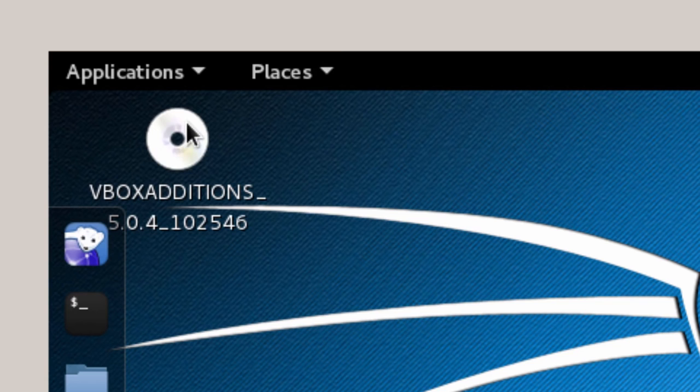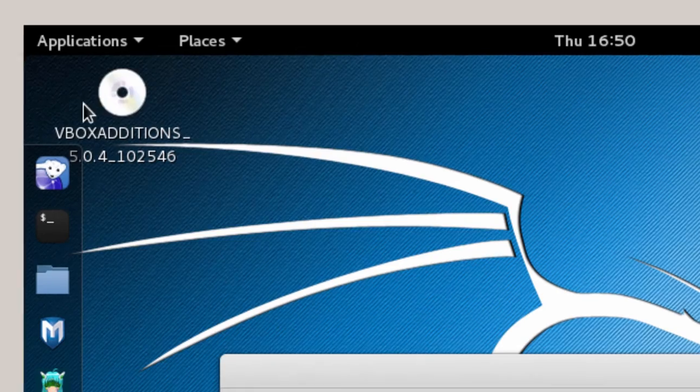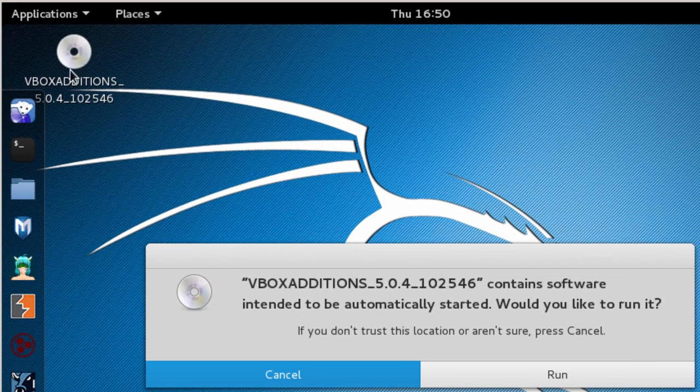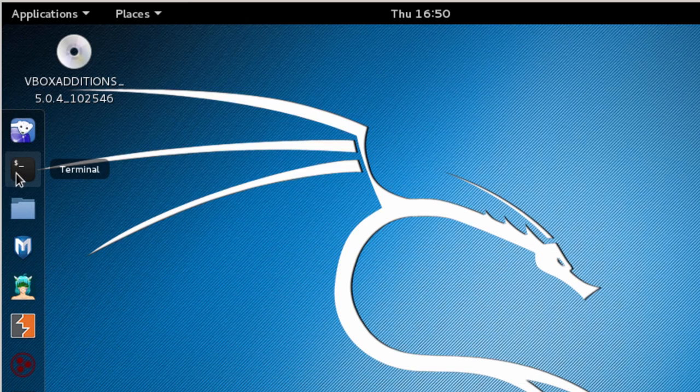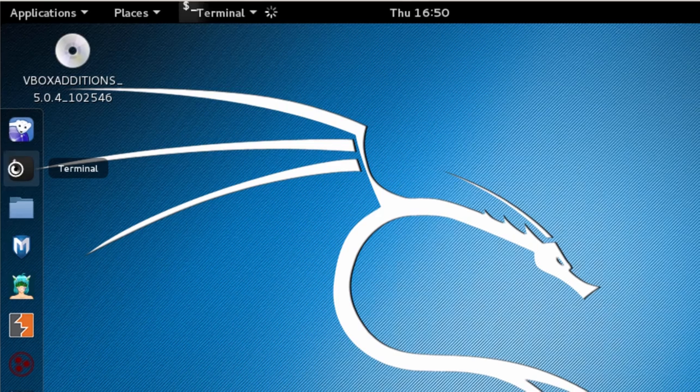In a minute or two, you'll see that the VBox Editions image is going to pop up, and you can click Run. It says, oops, there's a problem running the software, unable to locate the program. Basically, you've got a permission problem. I'll click OK here, come up here, open up the terminal,